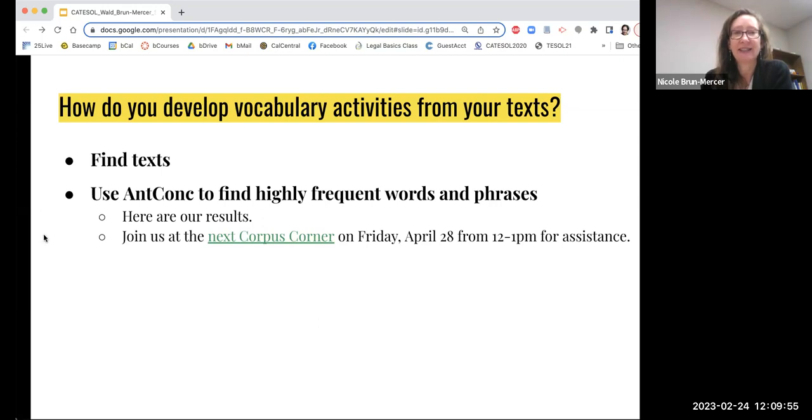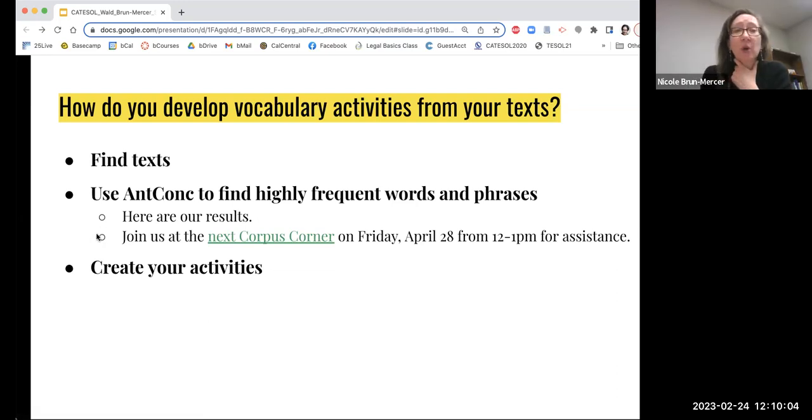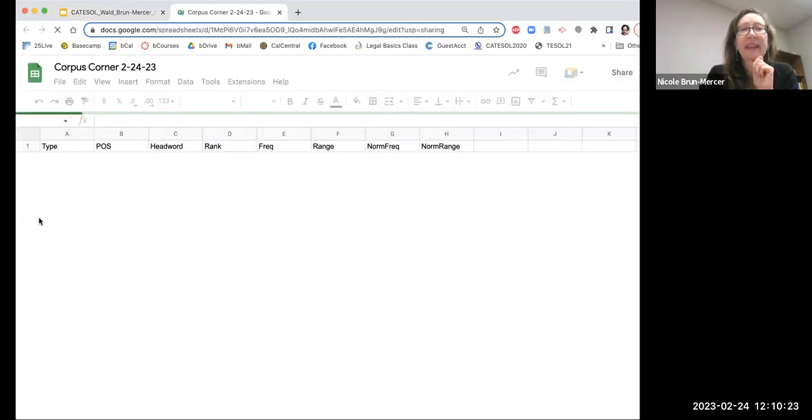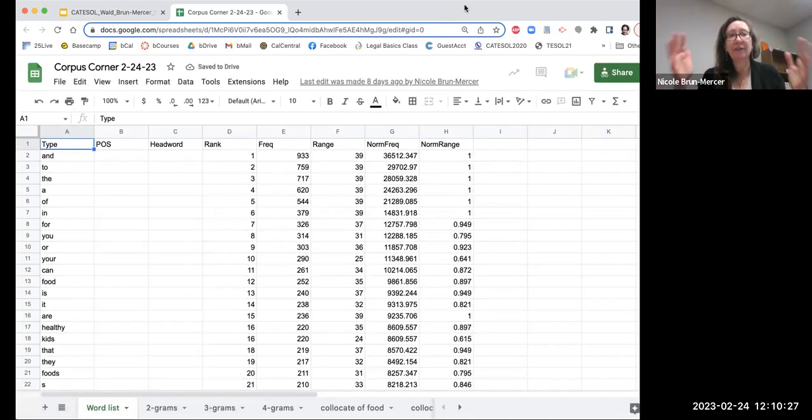So that's the next step. Margie, do you want to show the results, or do you want everyone to just go on their own? Yeah, well, let's go ahead and we can share it. So in the chat, you should have a link that will take you to a couple of different places. Margie, can you get out of the slides to show them our messy data? So this is what our results look like at first.